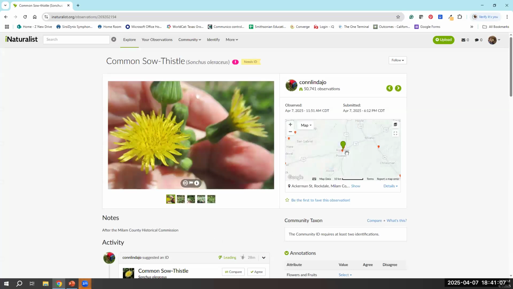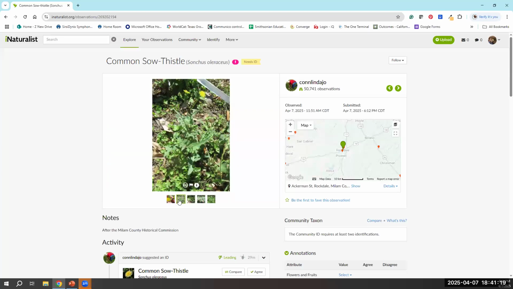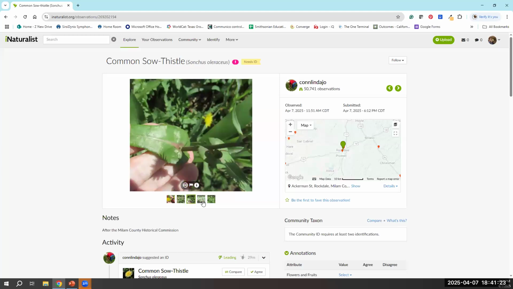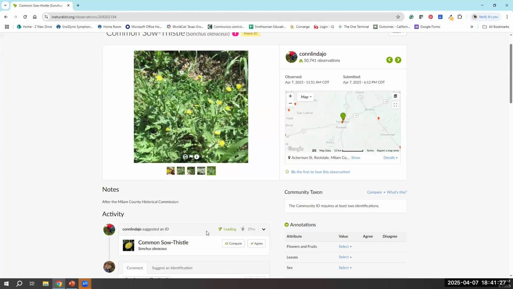You can see where they saw it, when they saw it, as well as some pictures of it. This is a great example of a plant observation. You have the flowers, a zoomed out photo of it, up close of the leaves, and then another zoomed out one.